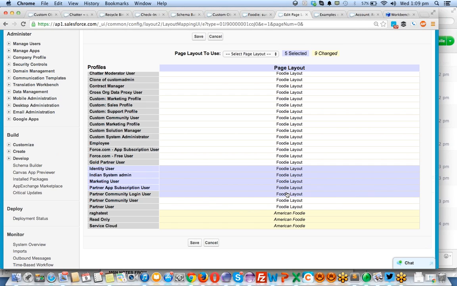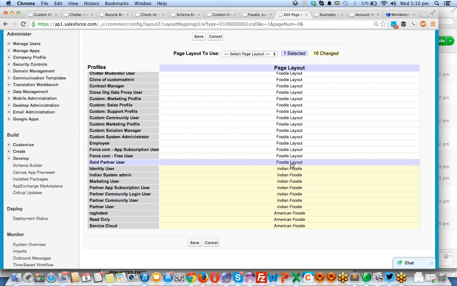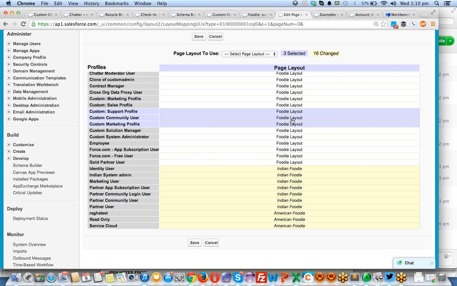Select by clicking on shift, you can select multiple layouts here, and I can make it the Indian foodie record. So now this is the Indian record. In the same way, this is the Chinese or no email record option.